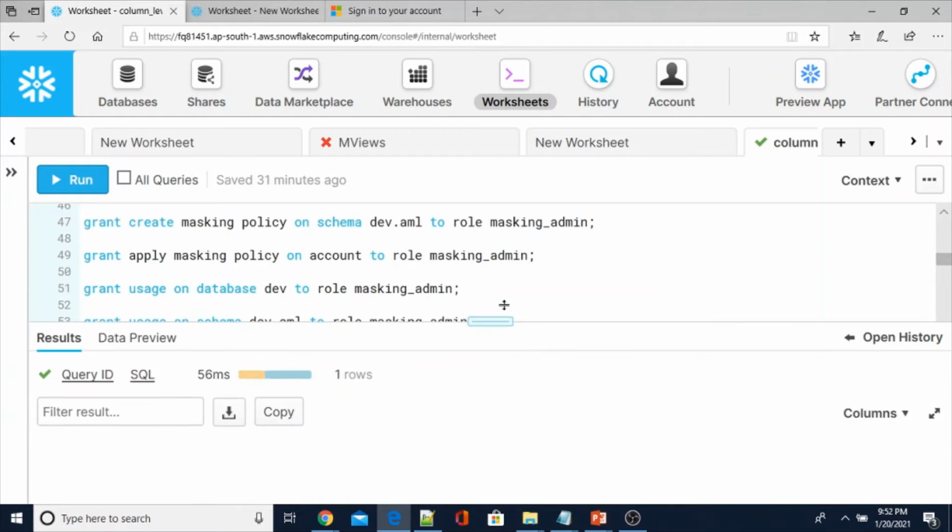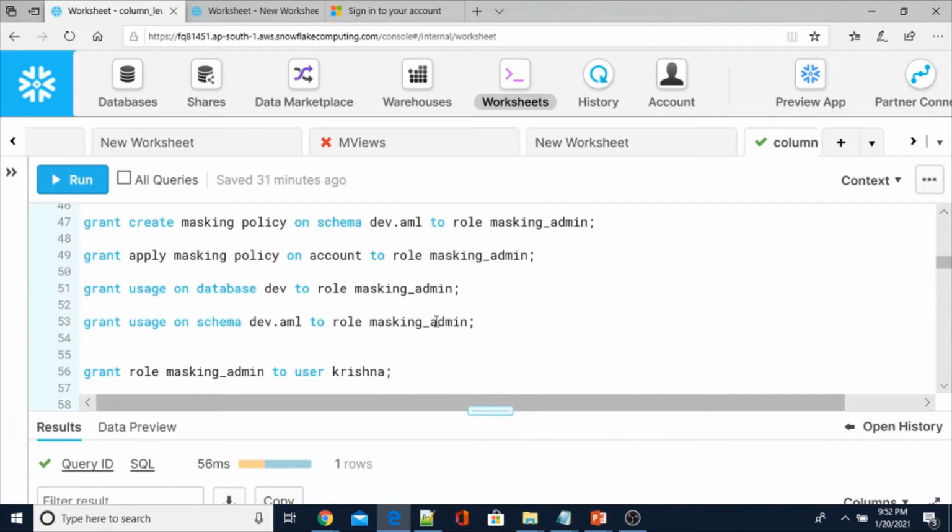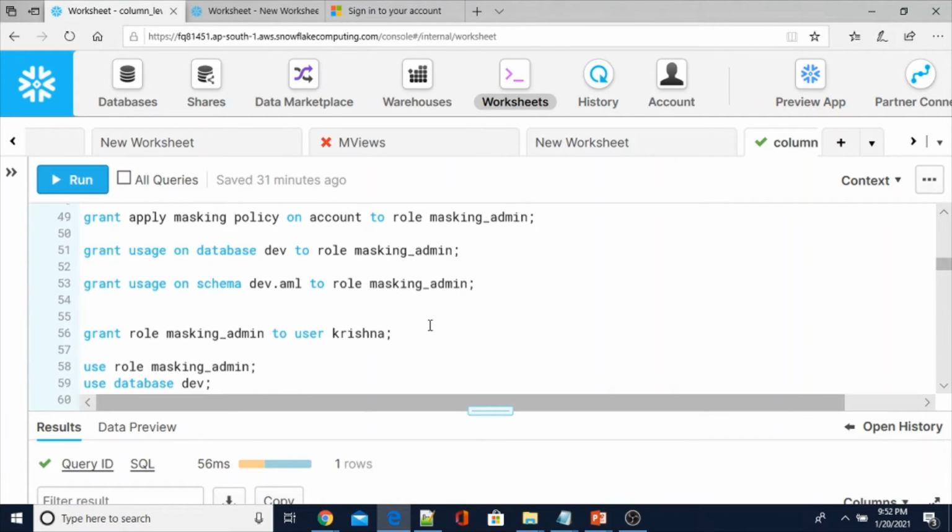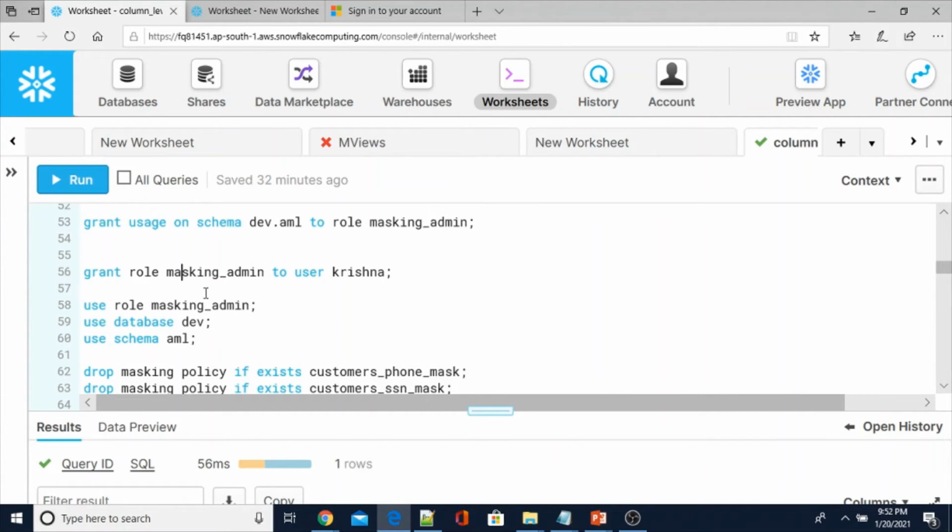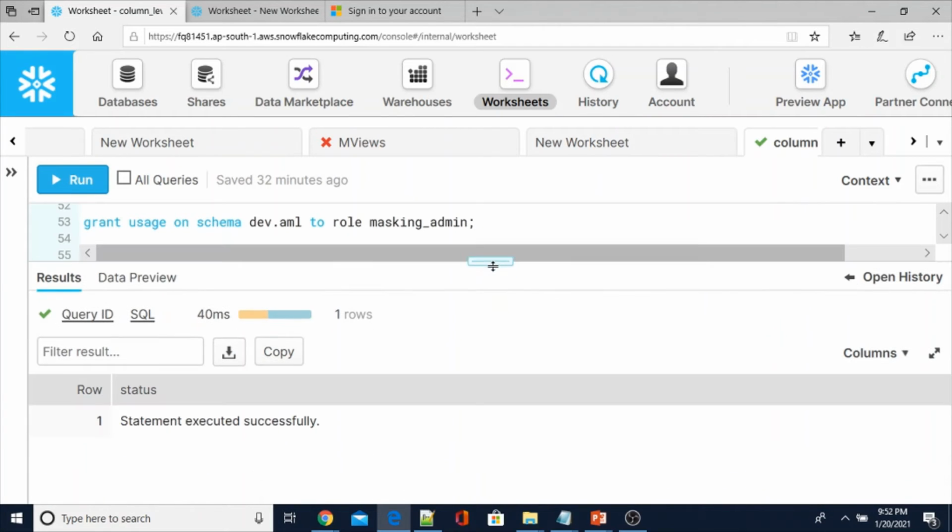I have given the usage privileges to role masking_admin. Now I am going to assign this role to one of the users, here the user called Krishna. So: grant role masking_admin to user Krishna. I am done with this. Statement executed successfully.